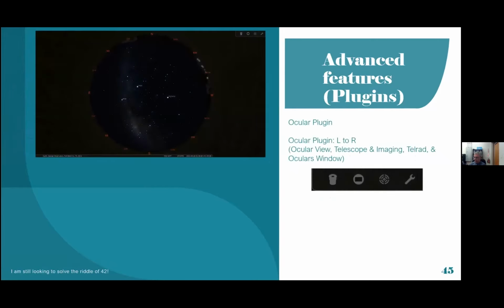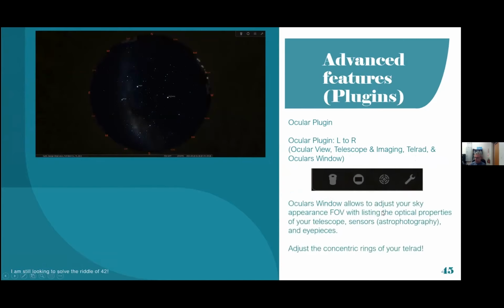This is the Ocular feature. This is what I like. You've got to activate the plugin to appear right there. Of course, this is the Telrad, the Ocular view, the telescope and imaging, the Ocular's windows to set everything up. And the Ocular windows, you can change your field of view depending on your